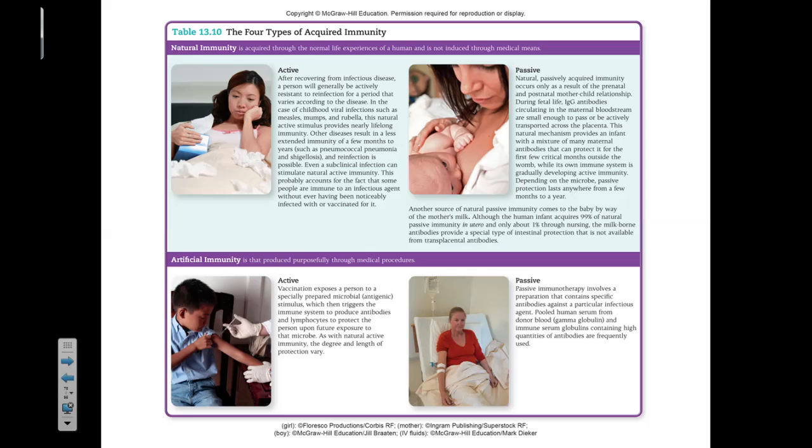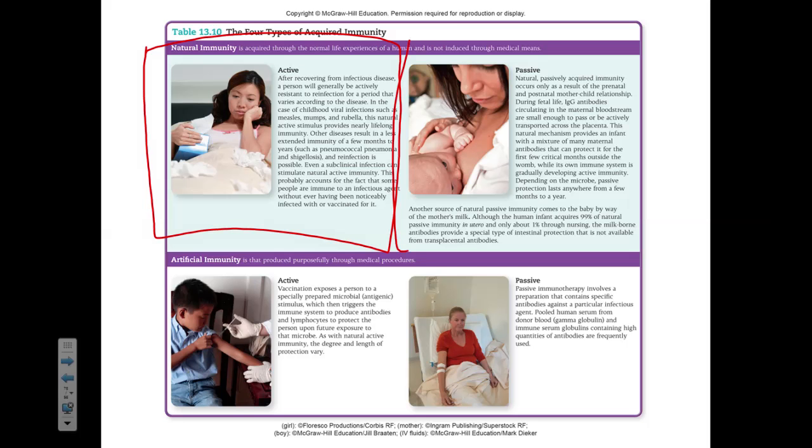So if we look at natural active immunity, this is your classic, I got sick, I had to suffer through the illness, but I'm better for it. Now I can make my own antibodies. We also have natural passive immunity. This is, hey, I got some antibodies from mom because I sucked her breast milk, or maybe I ate their mucus, which hopefully you don't eat other people's mucus to get passive immunity, but technically it could work. Be kind of nasty, but it could work.